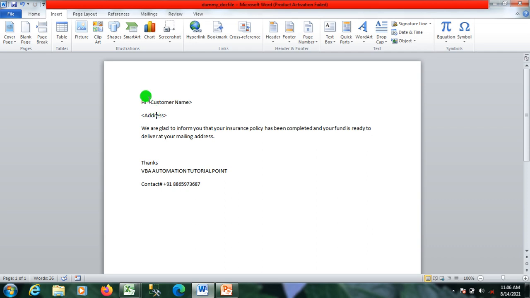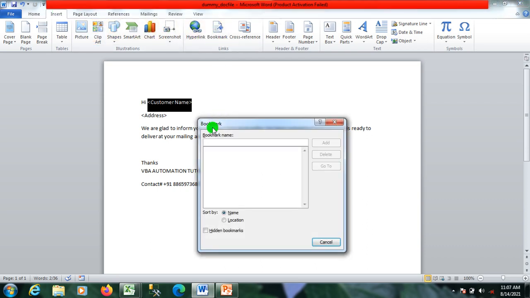Go to the Insert tab, and I'll make a bookmark for the text which I want to change with the help of the user form. I'll select this customer name, go to Insert, and here I have Bookmark. I'll name it customer